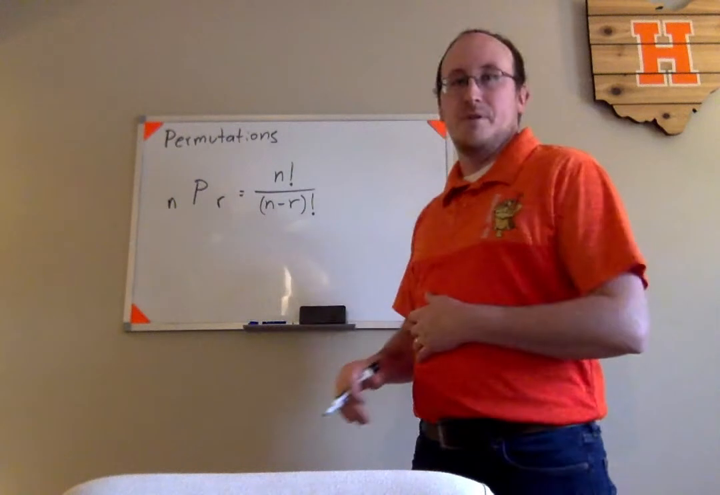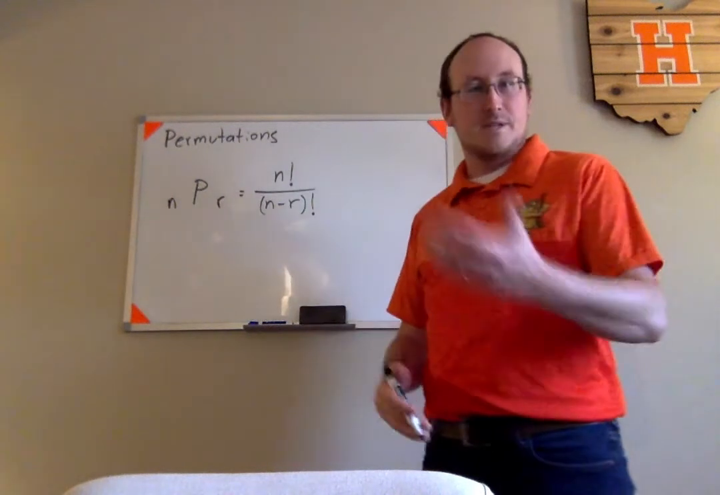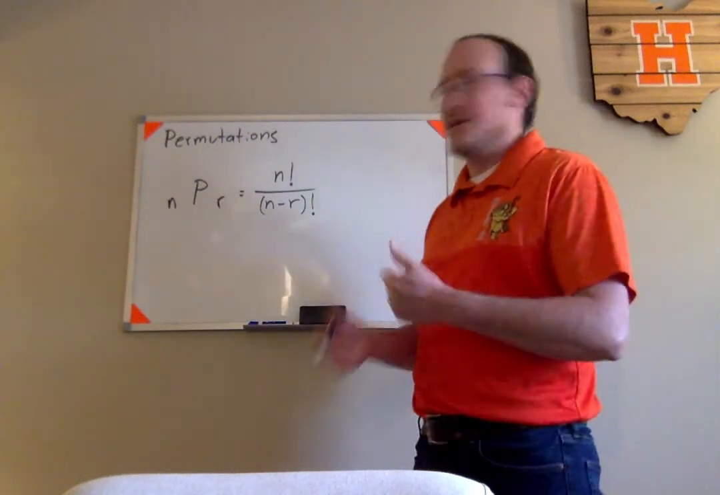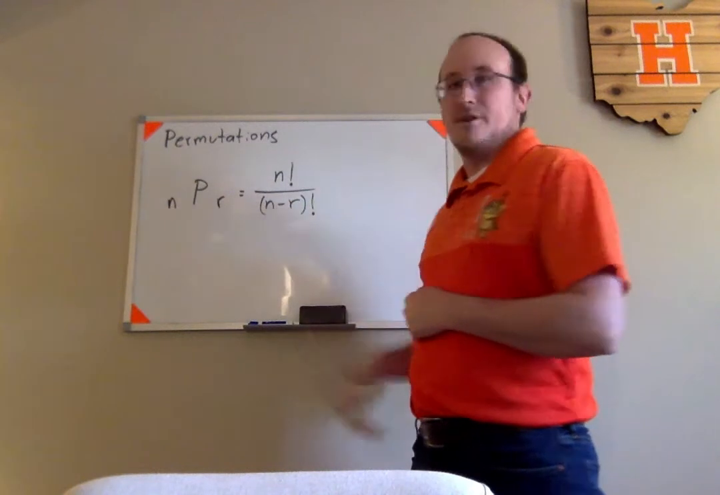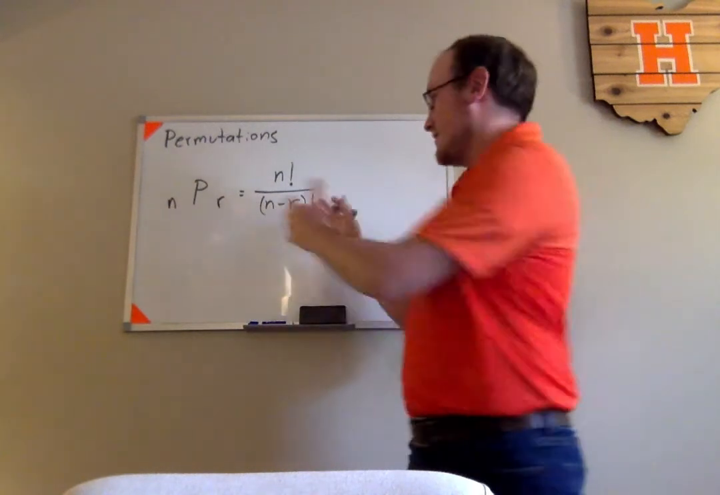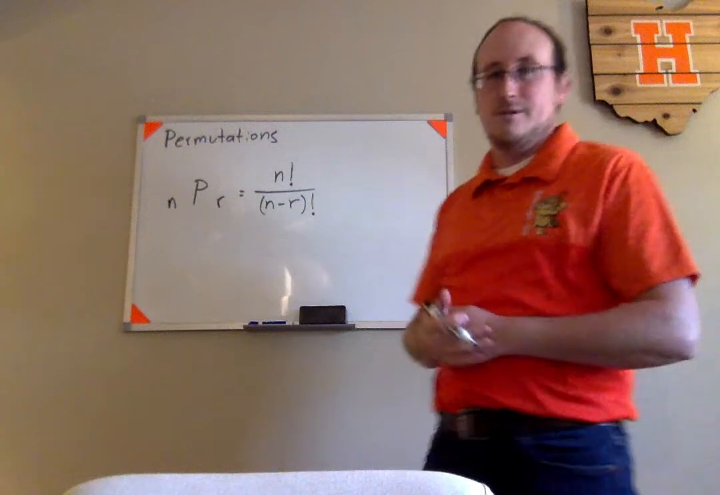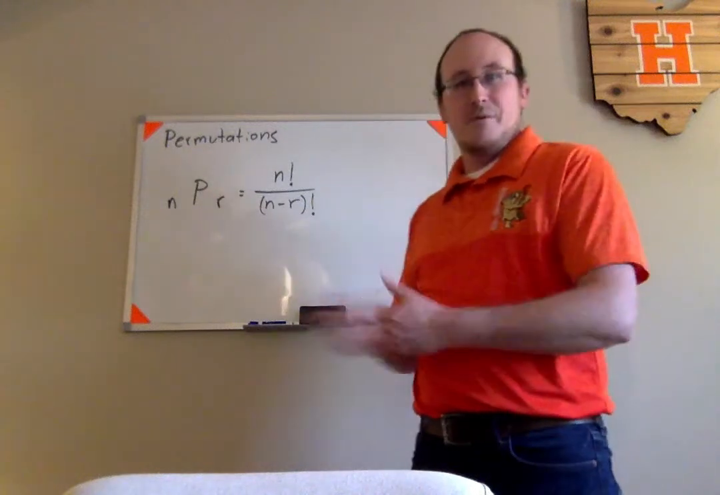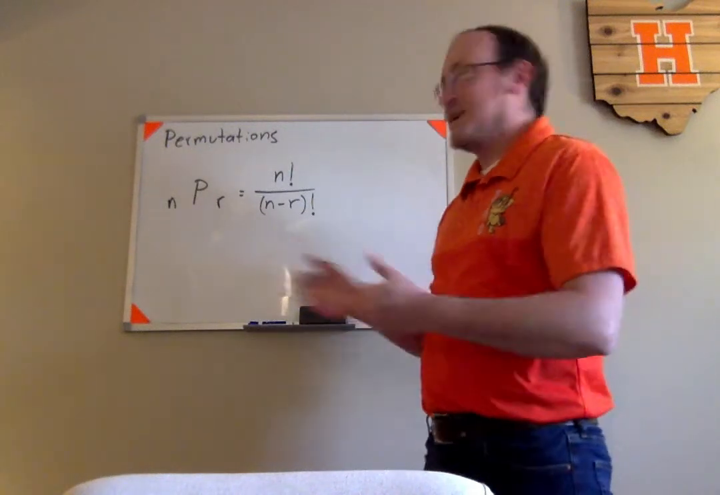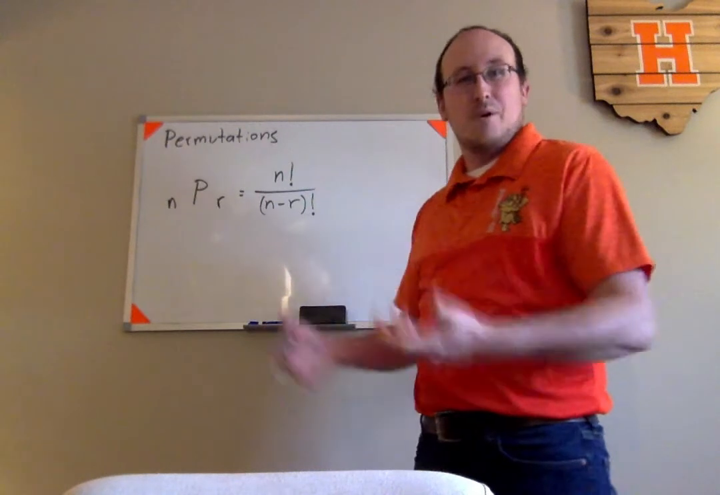Then I have this formula where I take n factorial, we talked about what the factorial meant a while ago, divided by n minus r factorial. So you just do that subtraction, and then you take the factorial of that as well. But before we get into actually using that formula, let's take a look at what a permutation